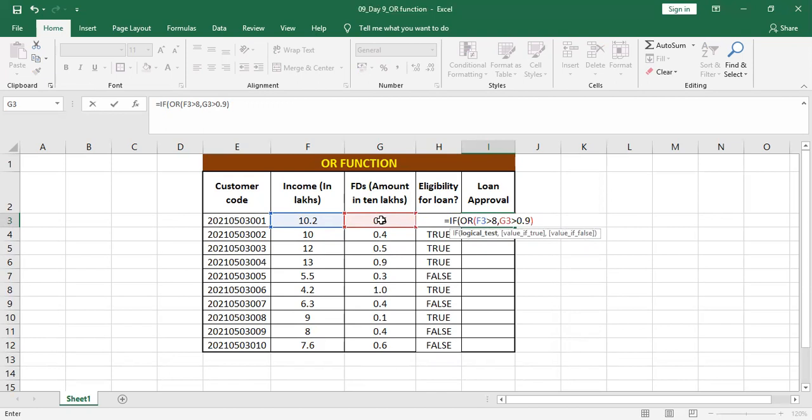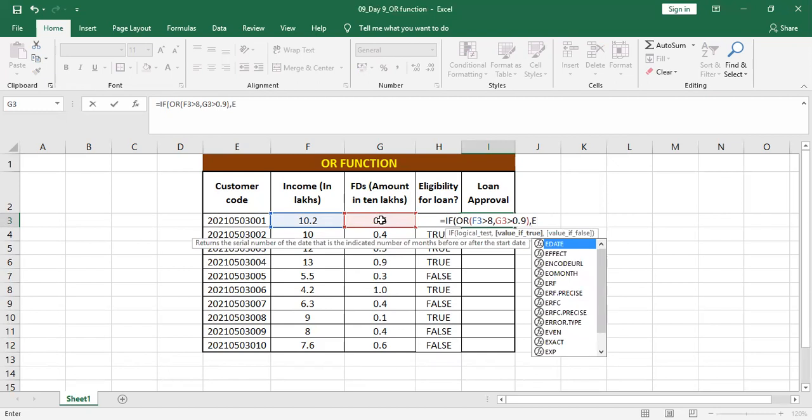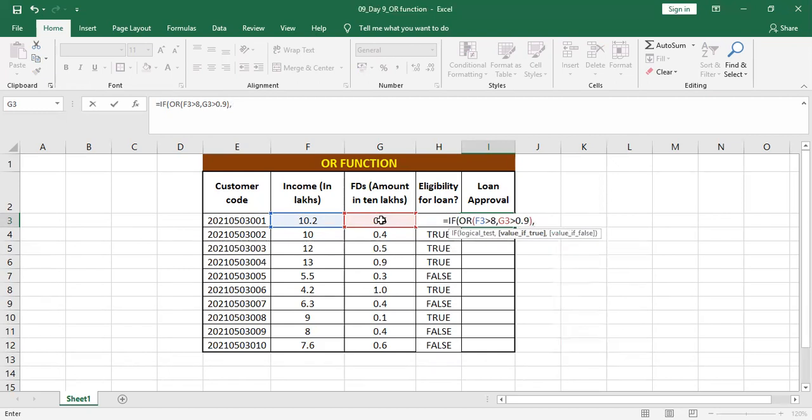And now if any of these conditions are fulfilled, then value if true will be approved. But I'm using text, and that's why if I'm using any kind of word text, I'll have to press double inverted commas, type approved, double inverted commas complete, comma. And what if we are not meeting the criteria?